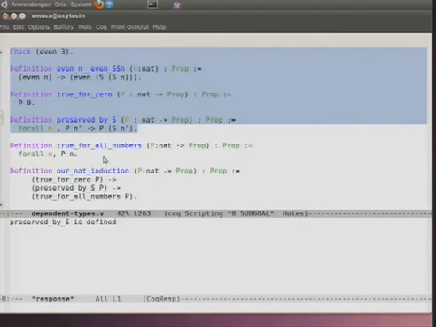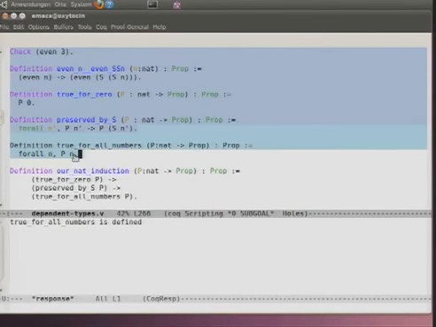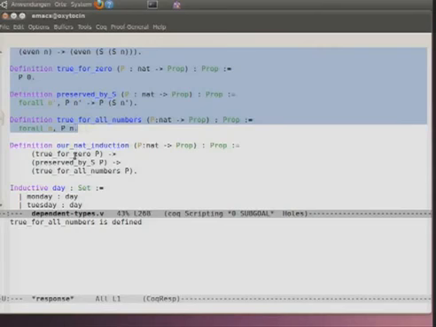We can write that a proposition is true for all numbers. So we say true for all numbers: for all n, p of n. And then we can use that to define the induction principle for natural numbers. Isn't that fun? And much better readable than the other one that's auto-generated before. And as you see, we're working with